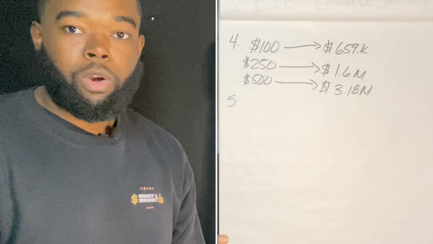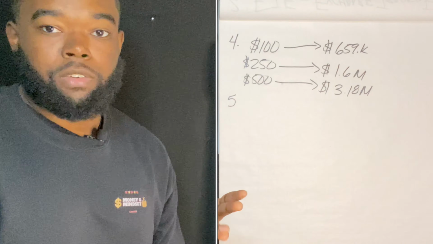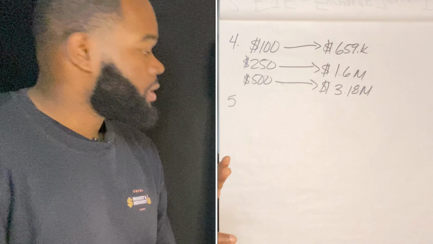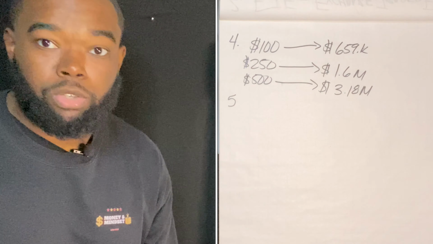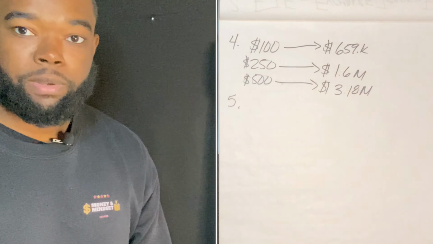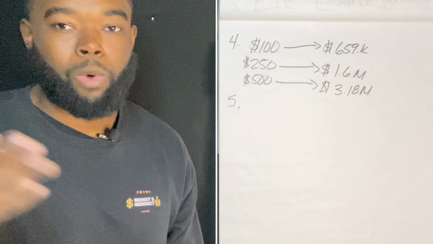Let me recap. Now that we know what dollar cost averaging is, now that we know what an ETF is, now that we know what to research when we're looking at an ETF, now we know the type of plan that we want to execute on building wealth. Now we need to know where we are going to do this. Where are we gonna put this money? Where are we gonna open an account? Where are we gonna open up a Roth IRA? What platform, what app are we gonna use?